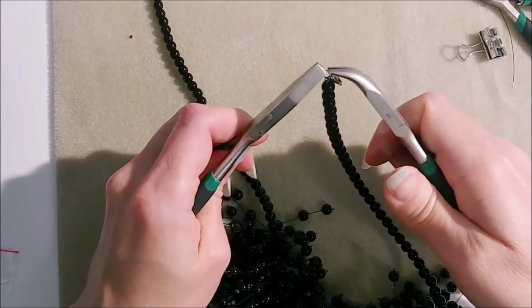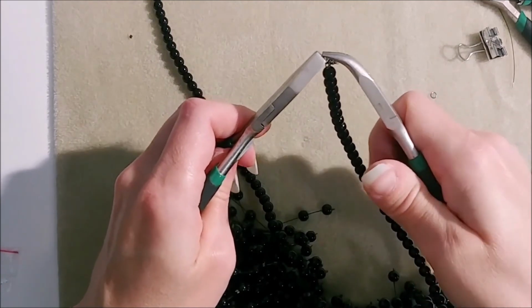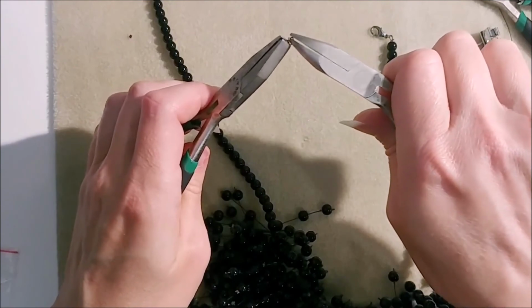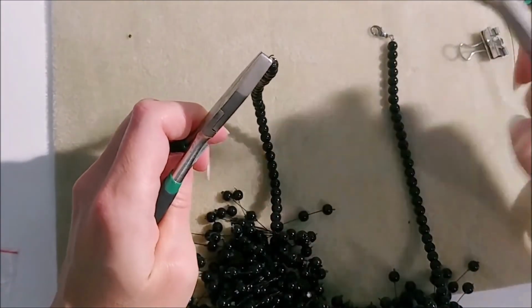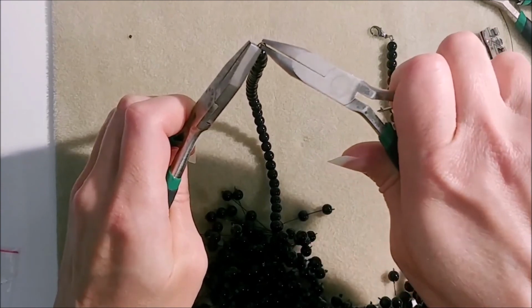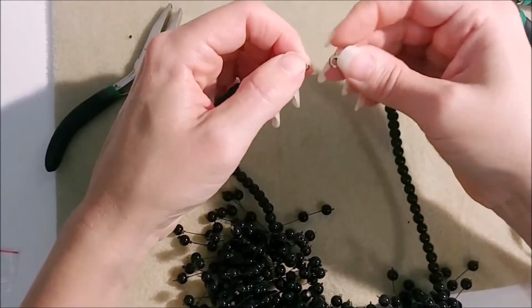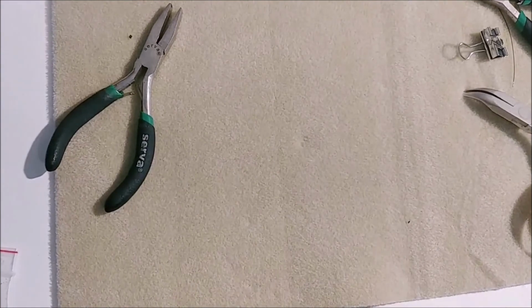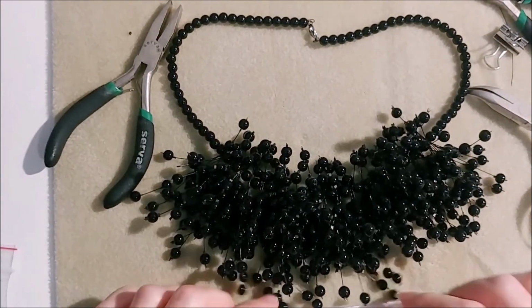And here you should use a split ring, I think they're called, at least in my country, because it's stronger than a jump ring, but I don't have any, so let's just try this one. I can tell that these are very thin jump rings, so they're not that sturdy. But they're black and they look good, so. Like that. So, this is what the necklace will look like. I will show you some pictures on how it will look